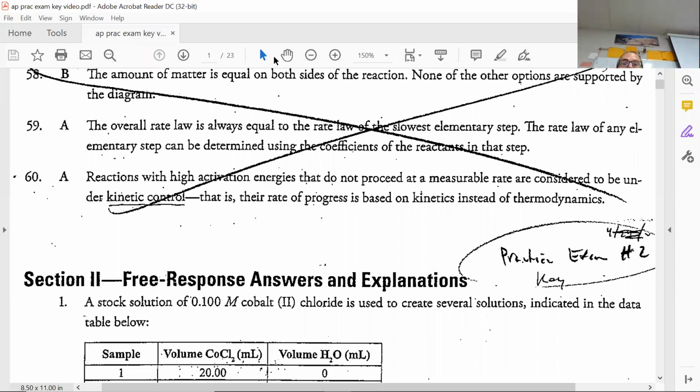AP practice exam 2 key. It's the one either called early May or late April. So make sure you're picking that one. And just a couple things about this video